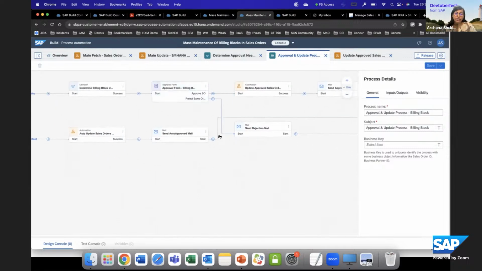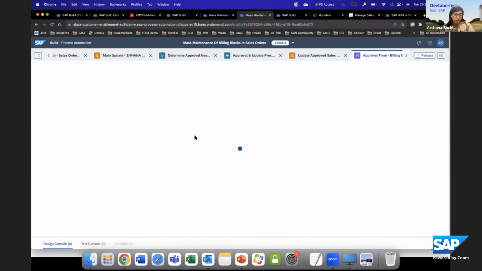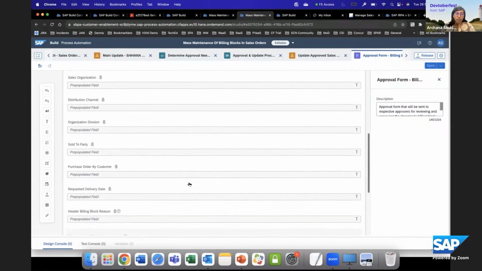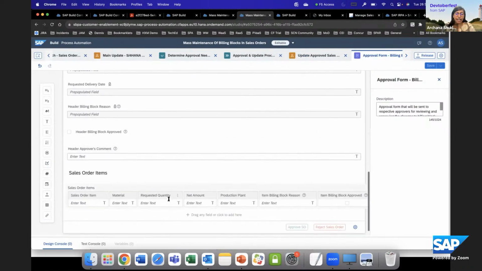If the approval is needed, this is a form that will appear in the inbox of a requester. You can also make changes in this form. This is by default what we have provided. If you see, these are header details and these are item details, and you can also approve at an item level. This is a pre-built form that we provide, but if you think that this is not enough, and you want more sophisticated forms, you can also build in SAP UI5, which we recently released. Okay, so once your forms are done, and then if you see here,